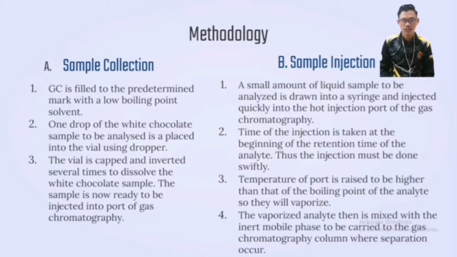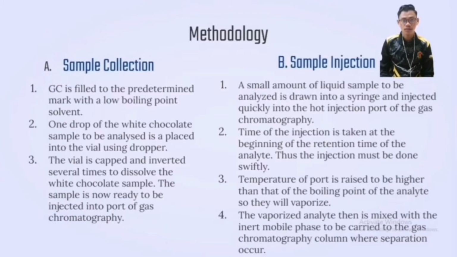For sample injection, a small amount of liquid sample to be analyzed is drawn into a syringe and injected quickly into the hot injection port of the gas chromatograph. The time of injection is taken as the beginning of the retention time of the analyte. Thus, the injection must be done swiftly. The temperature of the port is raised higher than the boiling point of the analyte, so it will vaporize. The vaporized analyte is then mixed with the inert mobile phase to be carried to the gas chromatography column